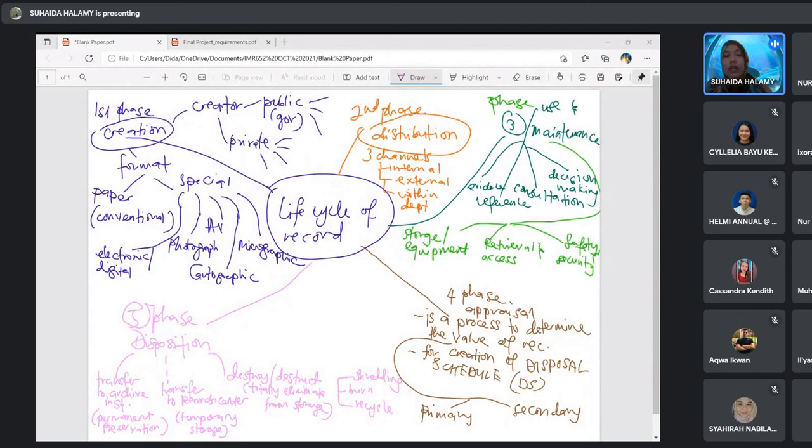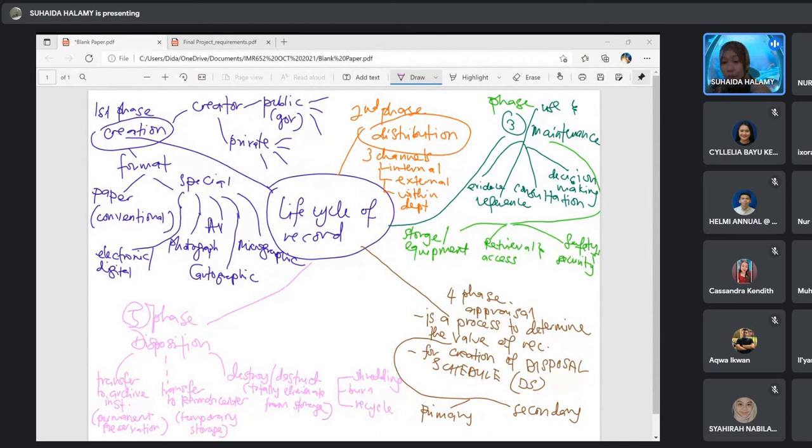And then for the transfer to archive, meaning that we send for the permanent preservation. Permanent, maksudnya itu adalah tempat kekal for the record. So we transfer to archive. Meanwhile, for record yang kita kata semi-current, we transfer to record center.